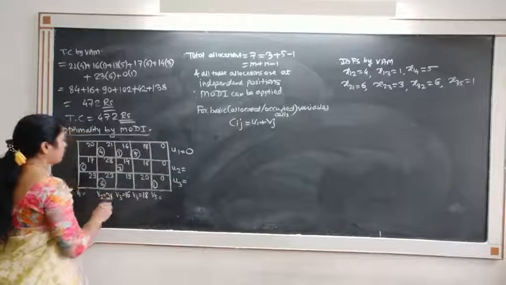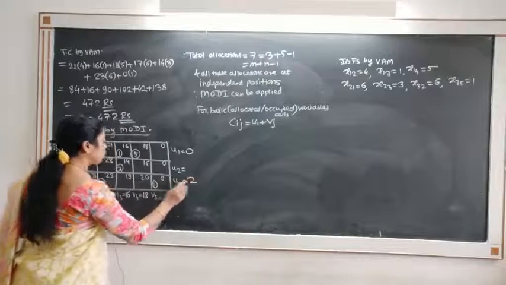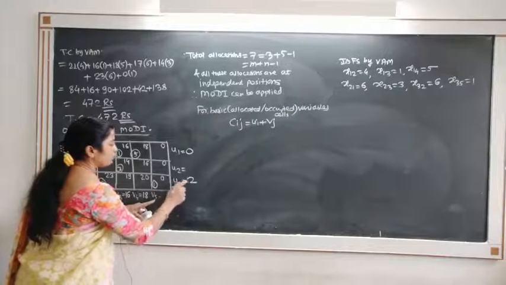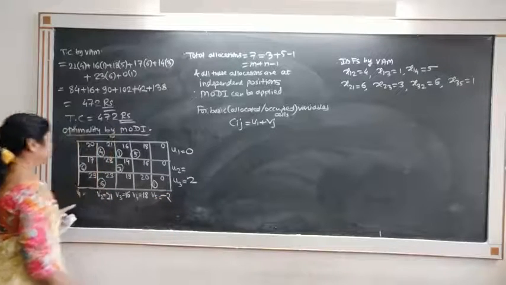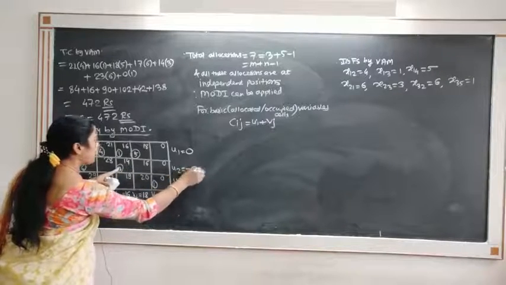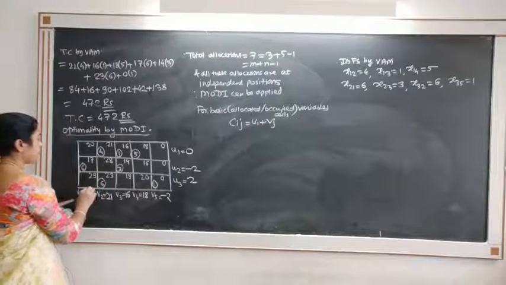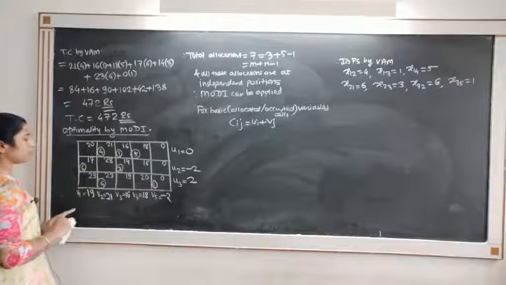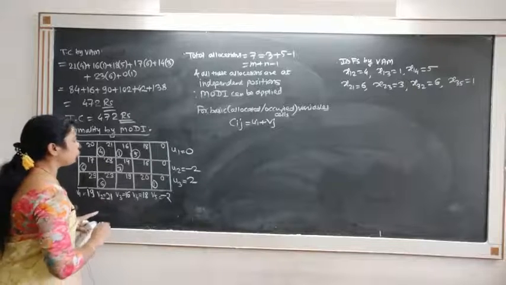and v2 is 21. Because v2 is 21, u3 must be equal to 2, so that v2 plus u3 will be equal to 23. This is 1, so 2 minus 2 is 0, so v5 is minus 2. Now see this one, this is 16, so u2 should be minus 2, 16 minus 2 is 14, and because u2 is minus 2, we have v1 is equal to 19, so that 19 minus 2 is equal to 17. We get all the values of u1, u2, u3, v1, v2, v3, v4 and v5.